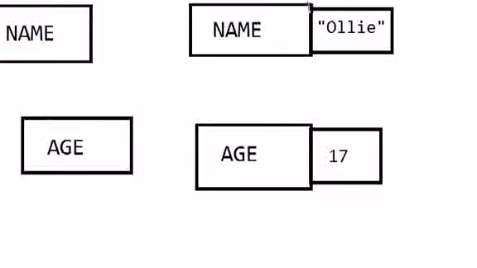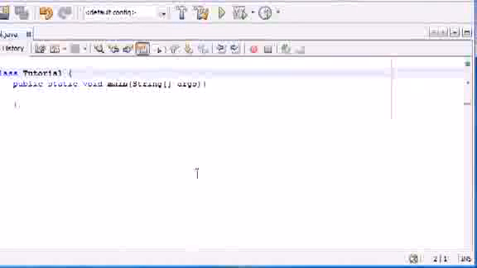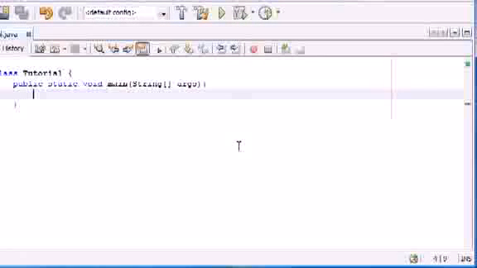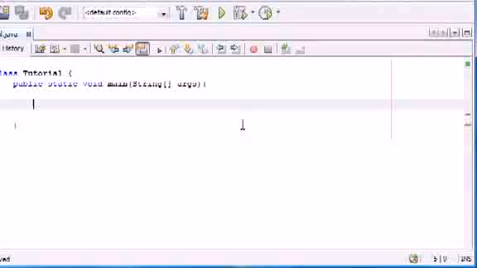So hopefully that was quite a good analogy. I thought it was when I was learning Java for the first time. But now I'm going to put that analogy into practice and I'm going to show you how we do it. So this is basically the exact same setup we had from the last tutorial, minus the hello world statement. So what I'm going to do is make some space there, and I'm going to show you how we declare